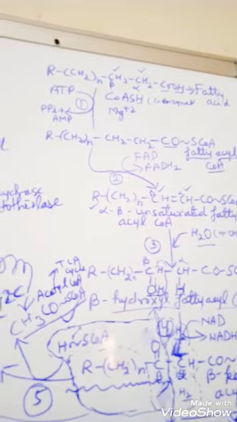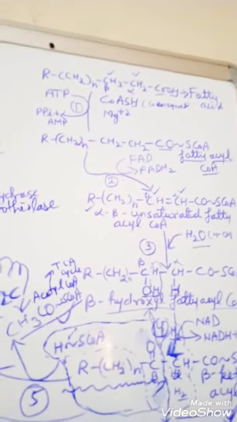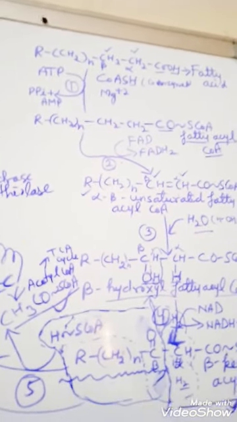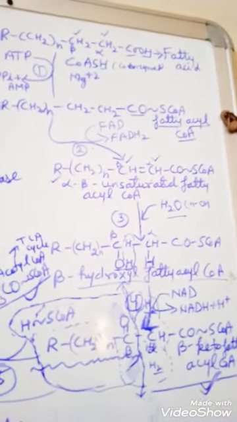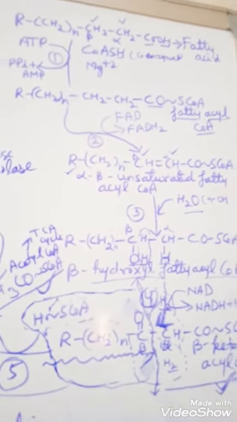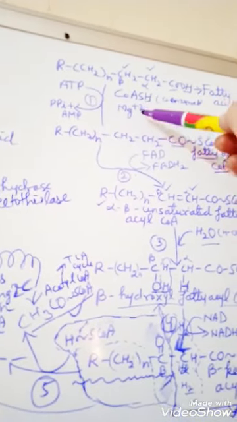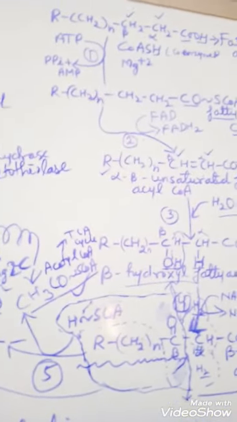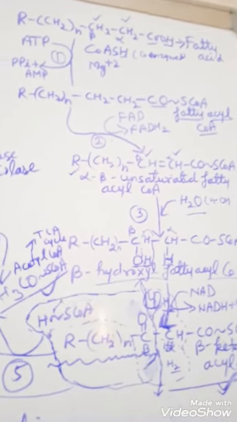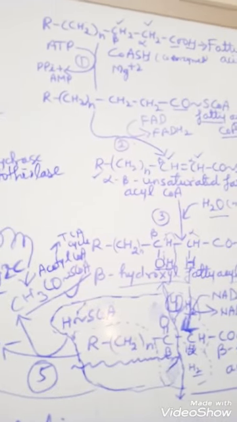The fatty acid is activated and converted into thioester by thiokinase in the presence of coenzyme A, ATP and magnesium ion. Then the above fatty acyl coenzyme A, the thioester, is dehydrogenated. You could see here, dehydrogenated,